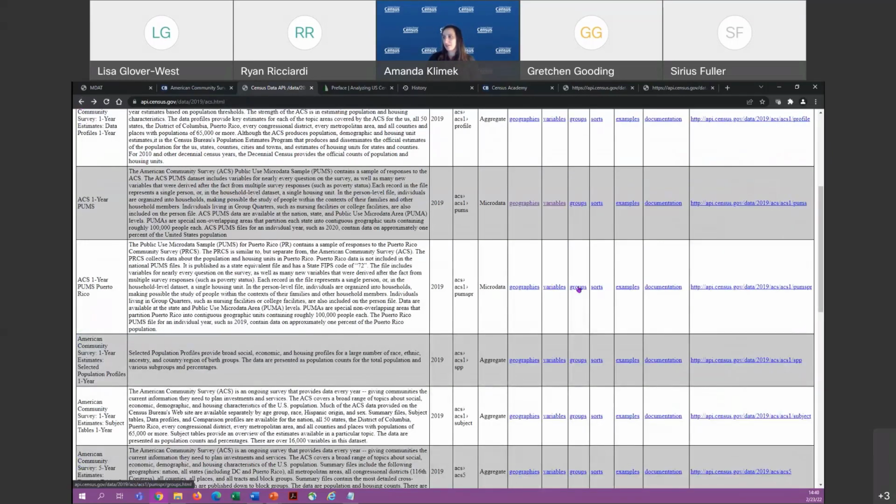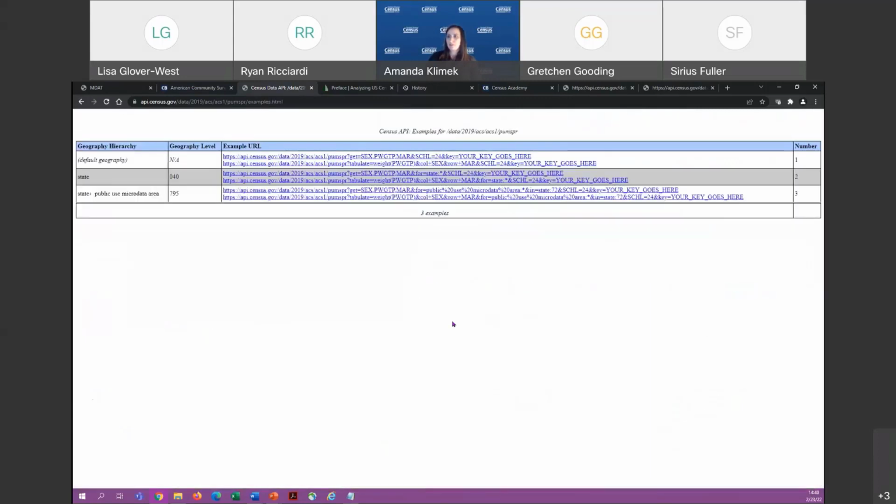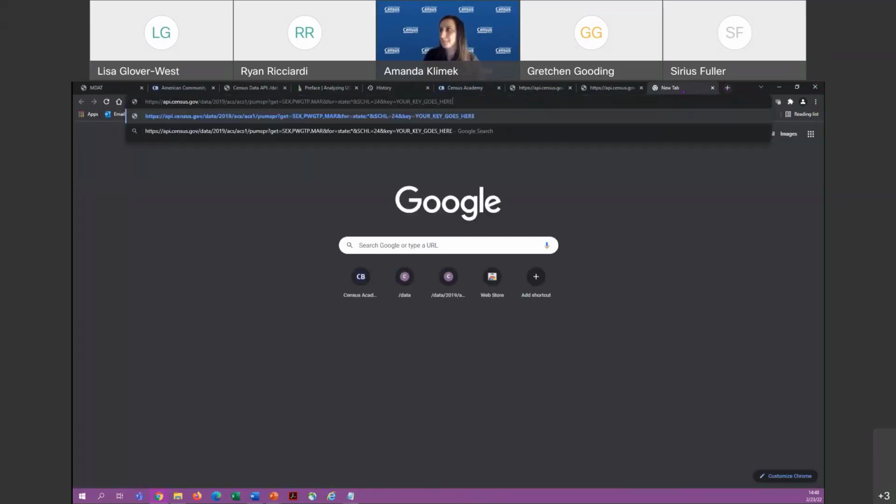We have variables, and something that's going to be really helpful is we have examples. If you want a sample query to build off of, you can go into this section and copy this one. We are not going to use our key for today, so we're going to take out the key section.